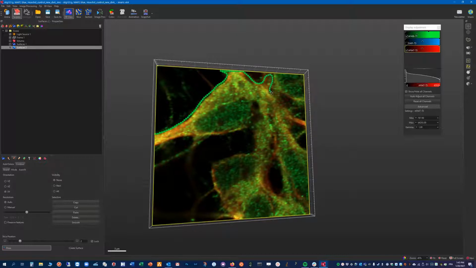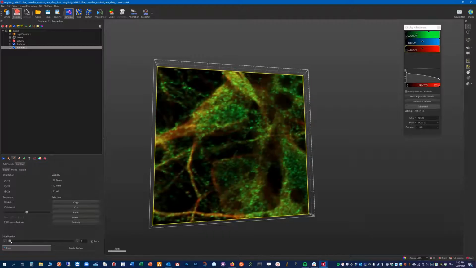Here I really don't know where the cell starts and where it stops. It's a bit difficult to decide. So I will do something like this, but it's an approximation. And let's finish here. Here we can see some branches,